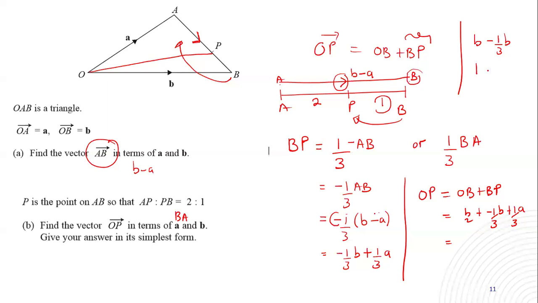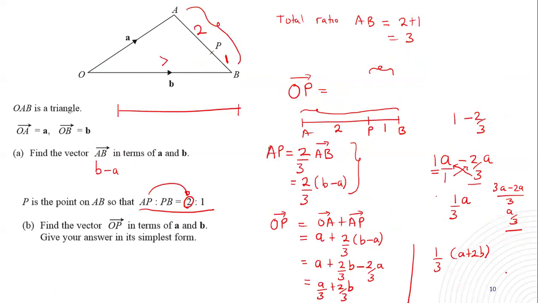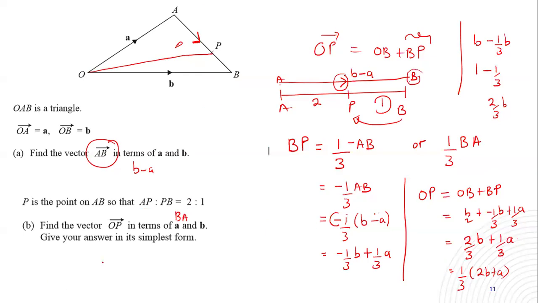So you put on your calculator 1 minus a third. What do you get? I get 2 out of 3 of B. So here I'll have 2 out of 3 of B plus a third of A. When you look, you can notice that 3 and 3 is common. You can factor it as 1 out of 3, then here remain with 2B plus A. So when you look at that answer, it is the same answer we obtained here. So hope that is very clear. Are we good to continue?